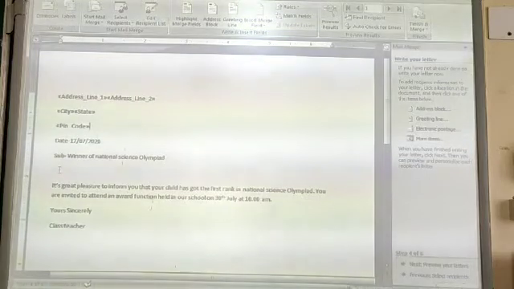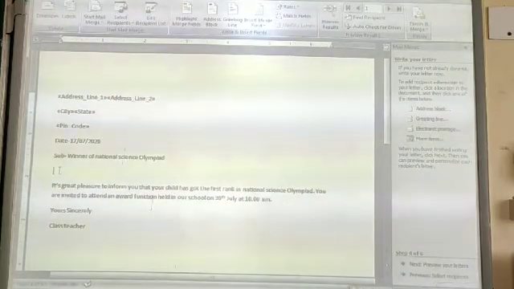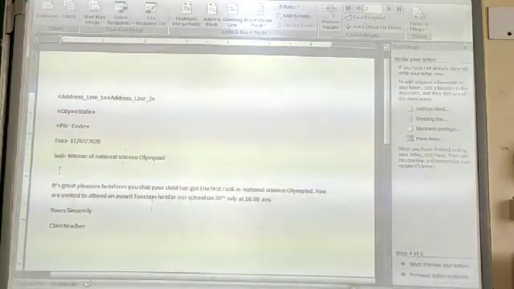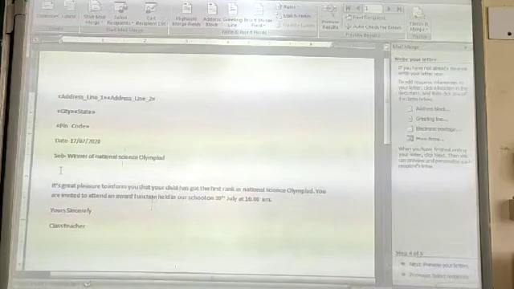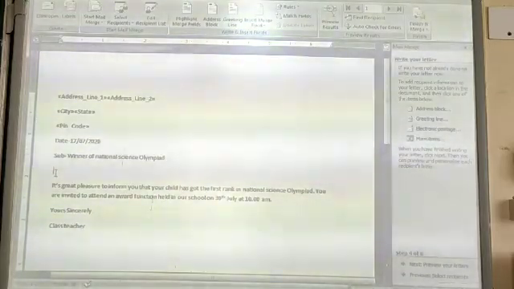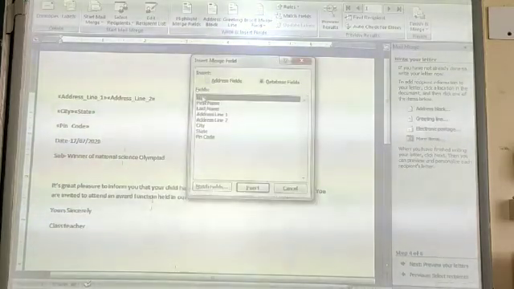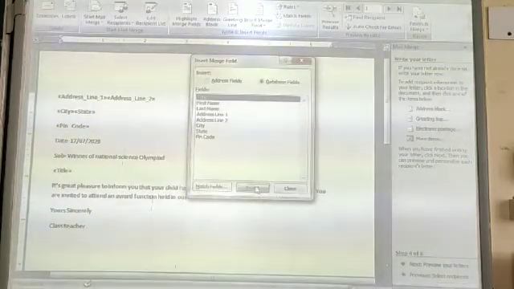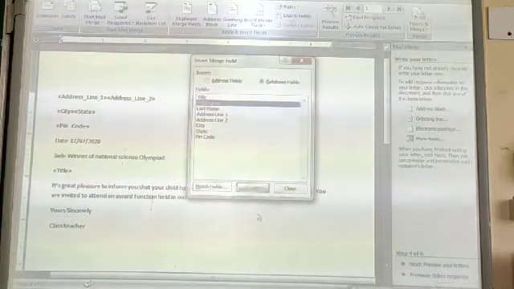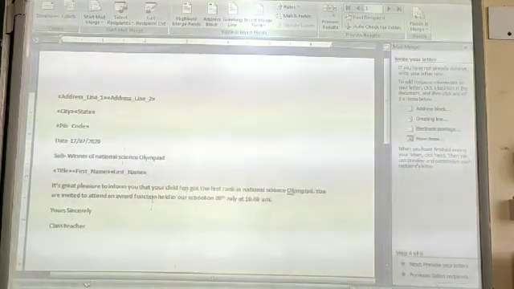Again, now after the subject, we want to display the name of the receptionist to whom we are going to send the letter. So come to after the subject, come to the blank line, blank space, and then select title, insert, first name, insert, and last name, insert, and then close it.